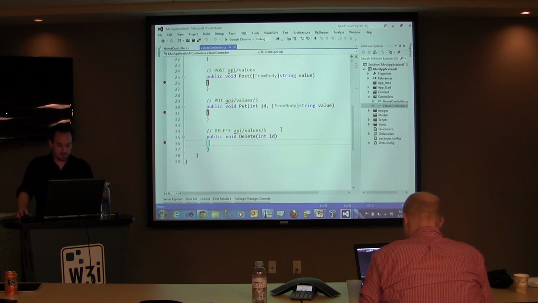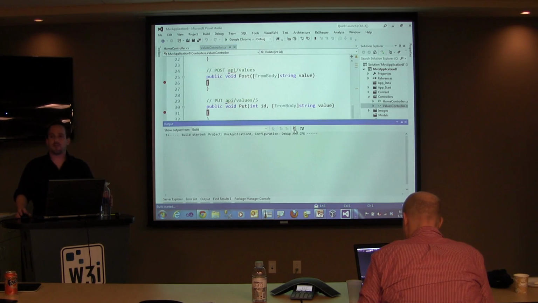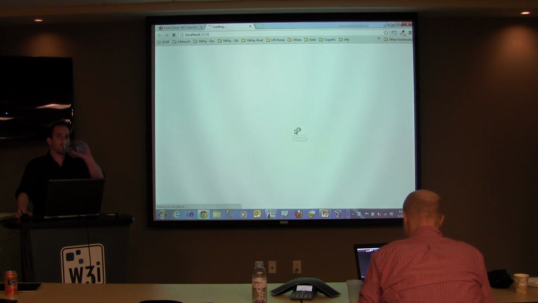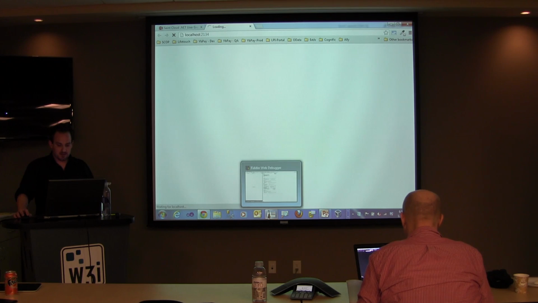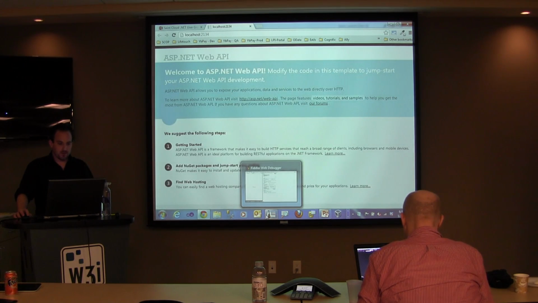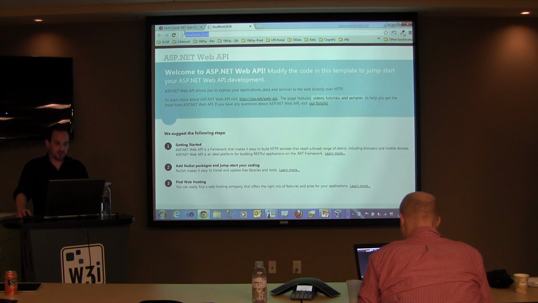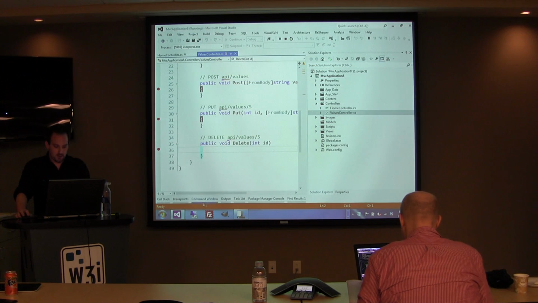So let me go ahead and F5. Is everybody here familiar with Fiddler? Fiddler is one of the great tools that you can't really do much without. So I'm running this project and we see basically the index page of the MVC site that this project template has. I don't really care about that. I'm just going to cheat and steal the port here. And if we go to Fiddler,